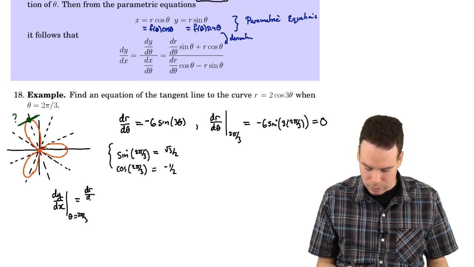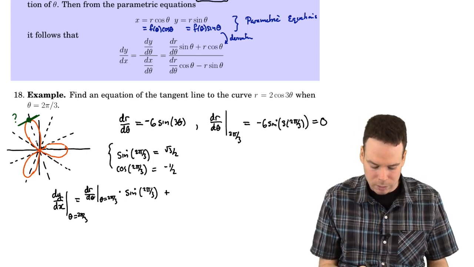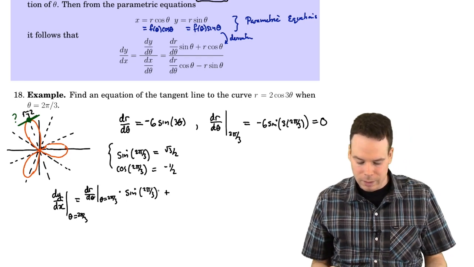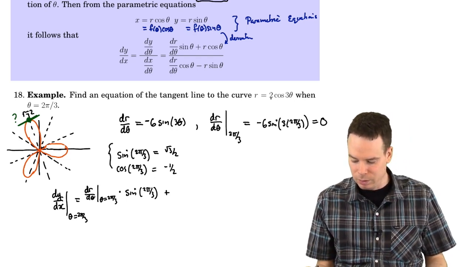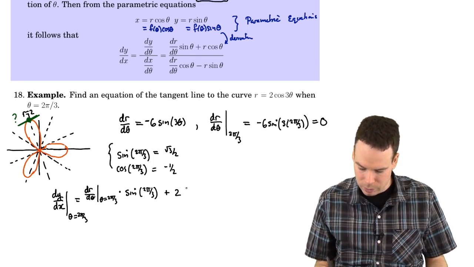So we're looking at dr d theta when theta is 2 pi by 3 times sine of 2 pi by 3 plus r. What's r? R at that point is 2. We could get that by just plugging 2 pi by 3 into this equation here. So r is 2 at that point times cos of 2 pi by 3